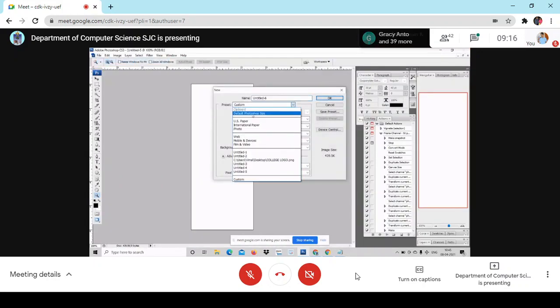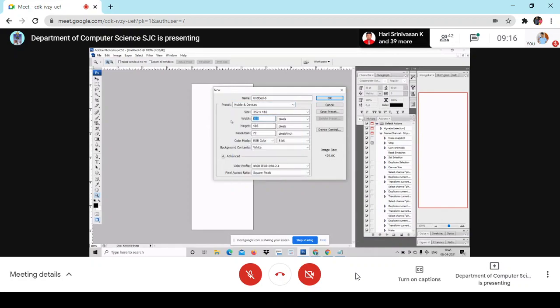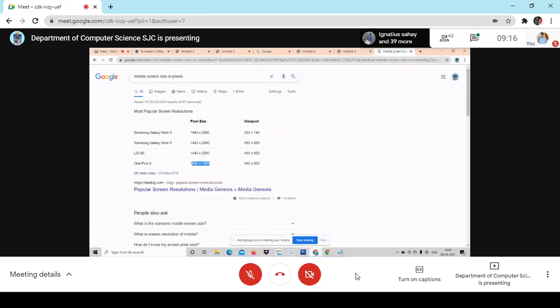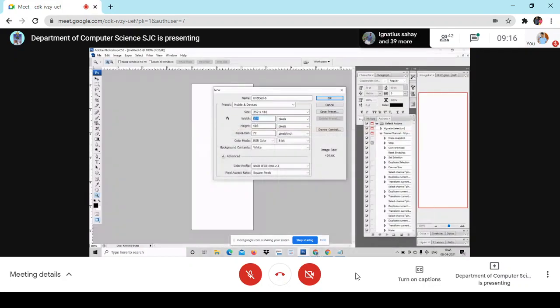Okay, mobile and devices. What is the size? The width is 1080 and the height is 1920. The resolution, I just keep it as 100.